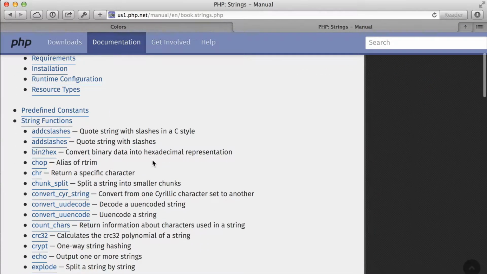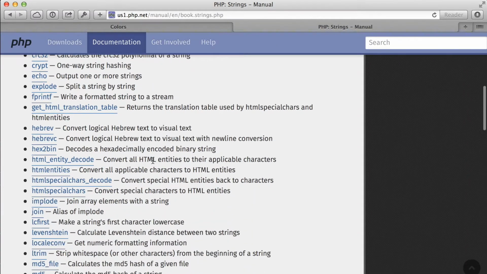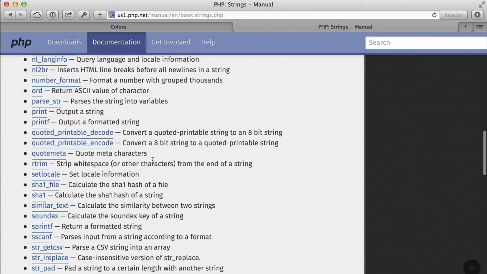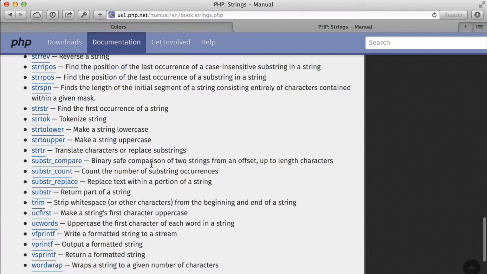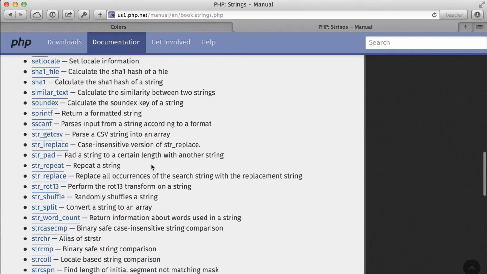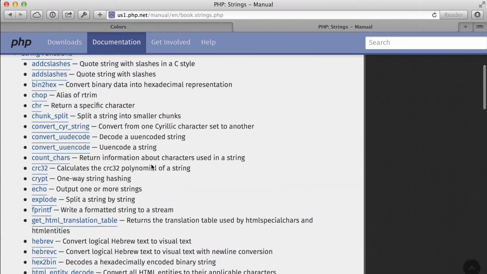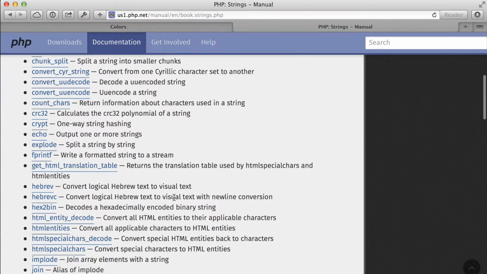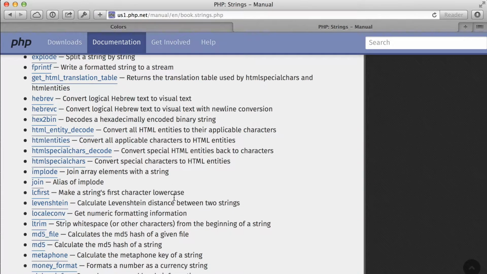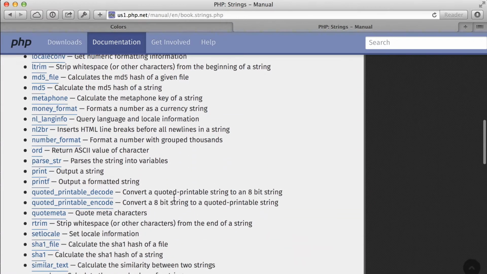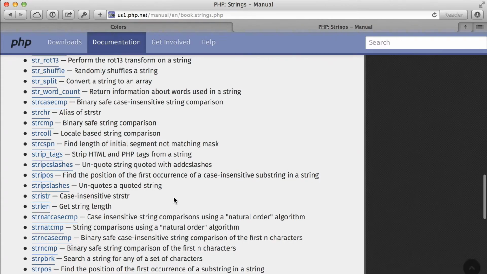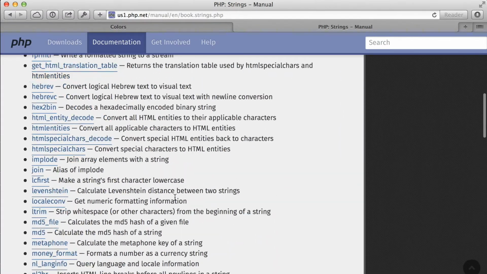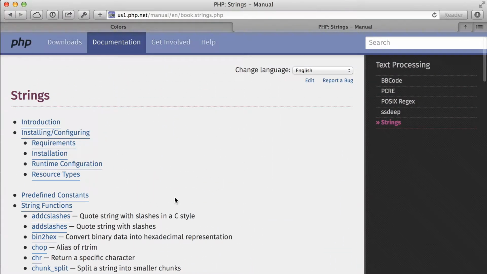What I wanted to point out to you here is that PHP contains a great many different string functions. There are a lot of them, and what I'd like to do in this video is go through each one of them one at a time in the most boring fashion possible. Now, I'm joking, of course. I don't actually want to go through all of these different string functions. Hopefully letting you know that they're here in the documentation where you can find them and read about them is going to be enough. But I would like to take a look at a few of my favorite string functions, some that I use more commonly than most of the others.